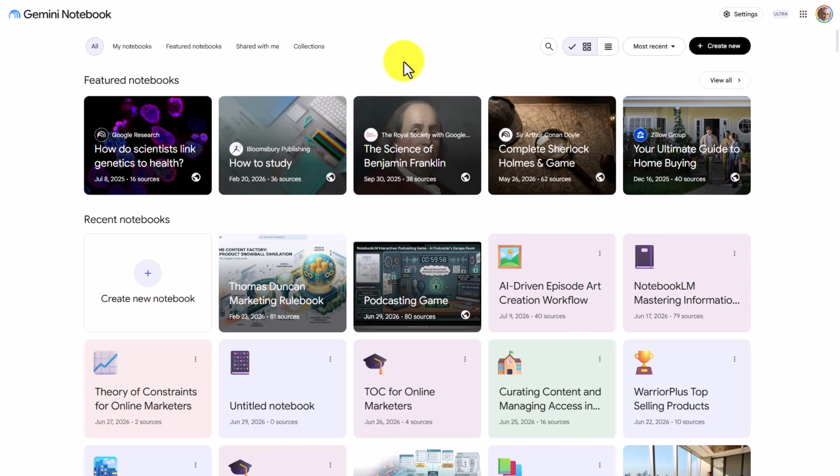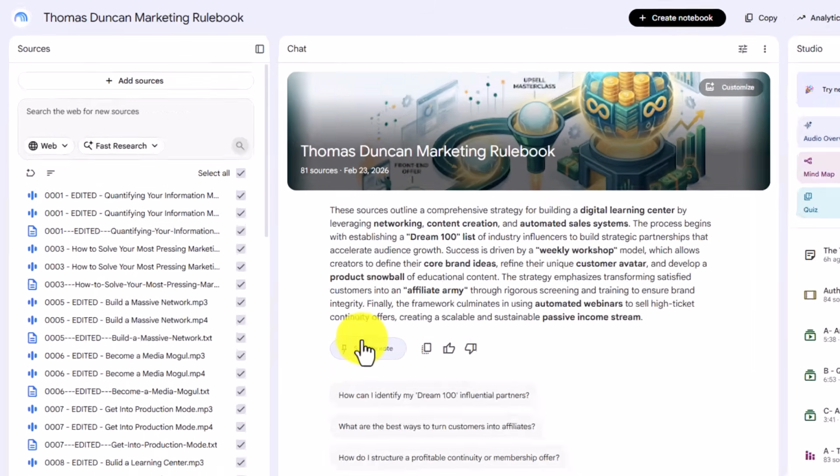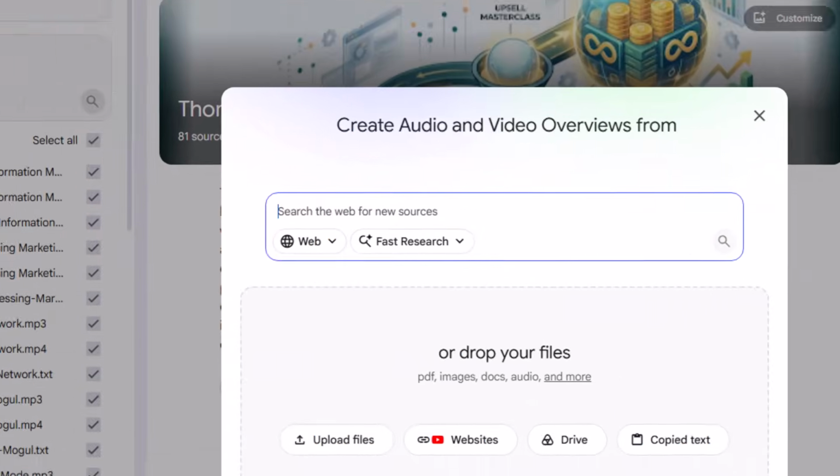Hello and welcome. In this video, we're going to turn NotebookLM, now called Gemini Notebook, into a help desk or support area. Assuming that you do know how to upload source documents to NotebookLM by going to Add Sources,